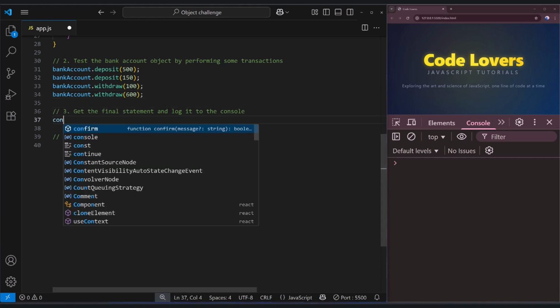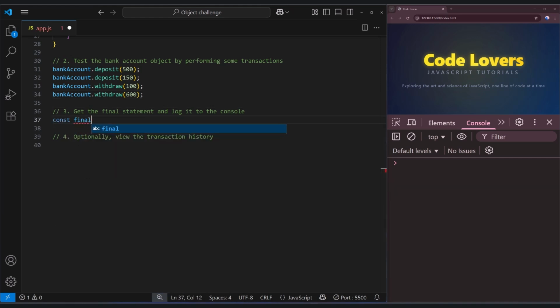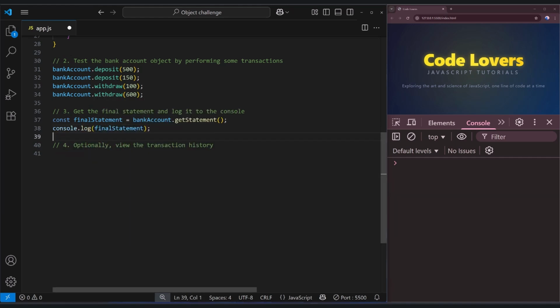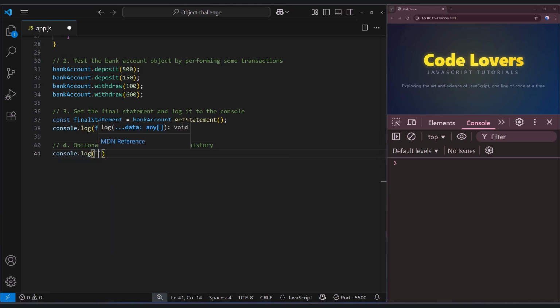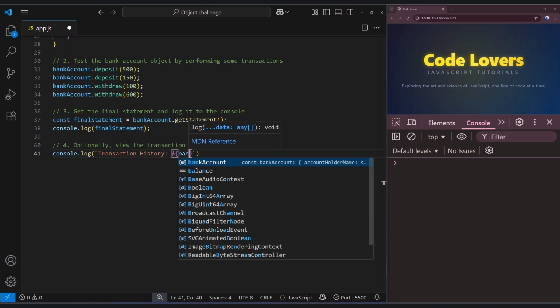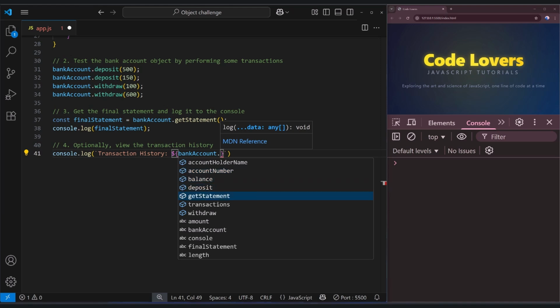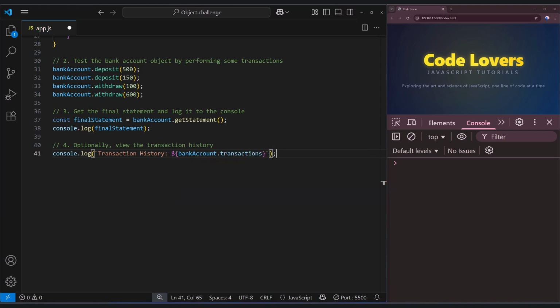And now let's get the final statement. All right, const finalStatement equals bankAccount.getStatement(); console.log(finalStatement); And we can also look at the transaction history. I write console.log(`Transaction history: ${bankAccount.transactions}`);